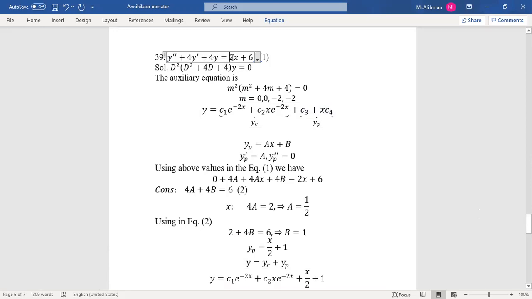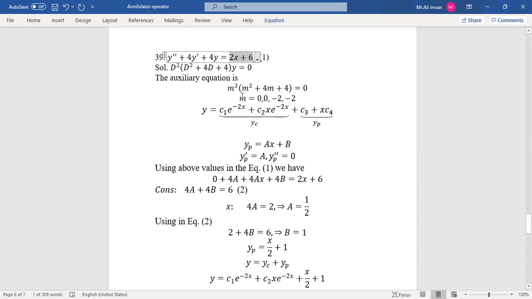If we observe the right hand side, that is the non-homogeneous part, its annihilator has power of variable 1. So its annihilator operator will be power 1 greater than 1, so its annihilator operator will be D squared. D squared is the operator of the right hand side, and D squared plus 4D plus 4 is the operator of the left hand side. So its auxiliary equation will be m squared into m squared plus 4m plus 4 is equal